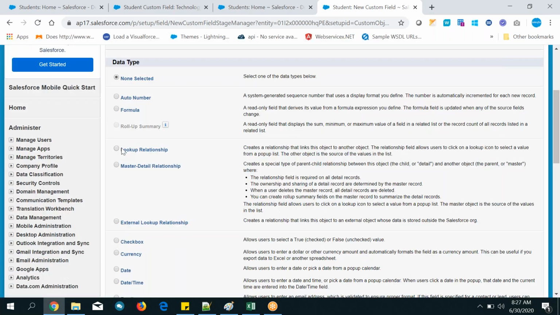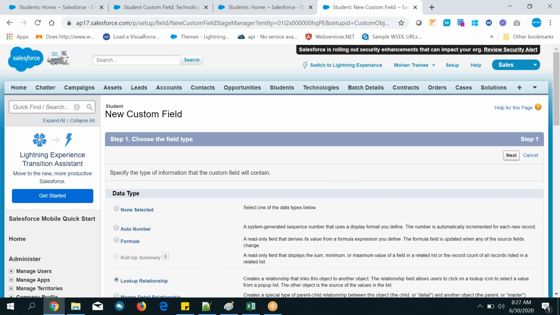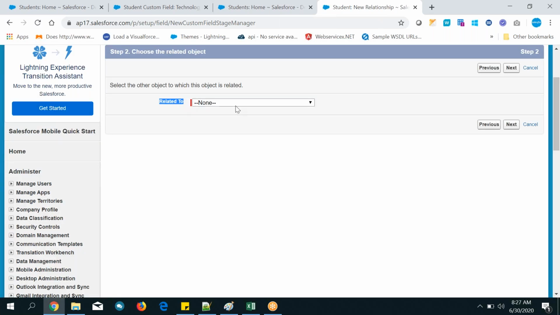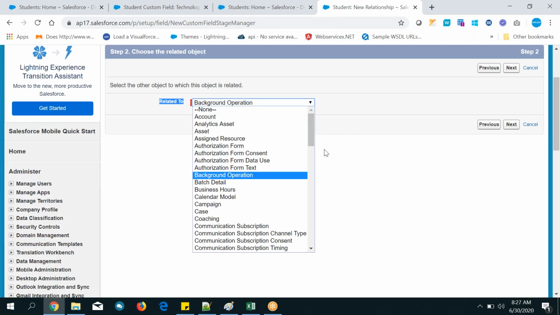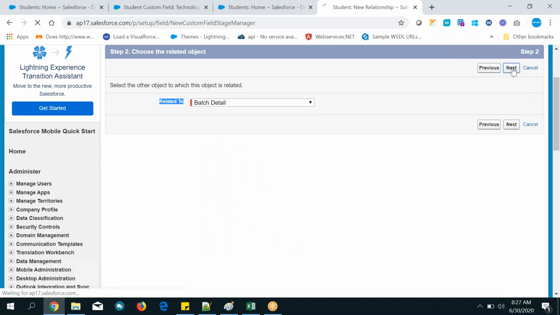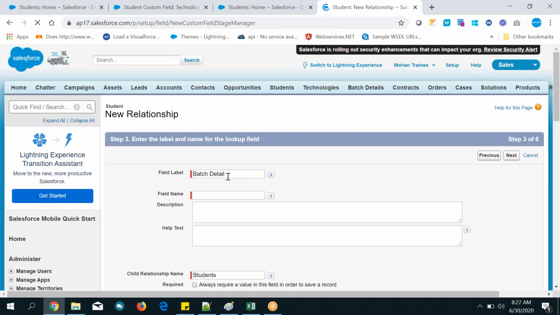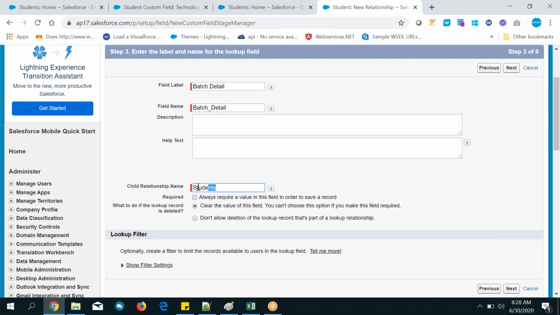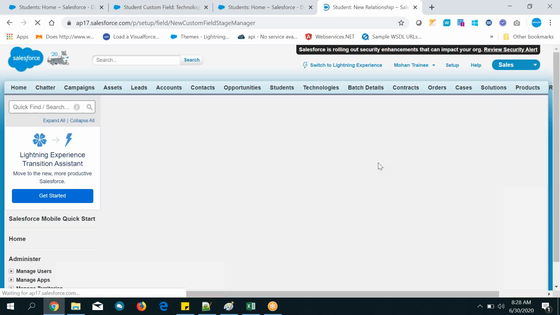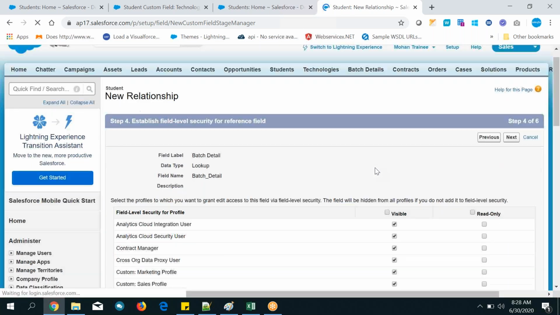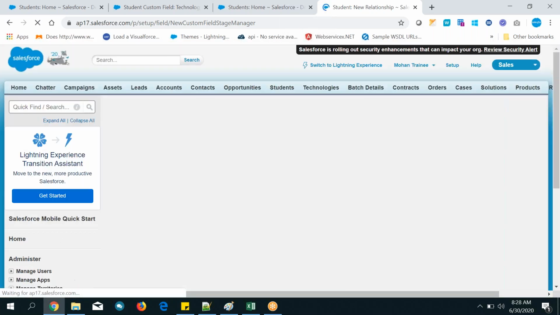Lookup data type, select. Next. Related to parent is what? Batch detail, right? Click on next. So see here, plural label name I have given students, that will be displayed. Next,